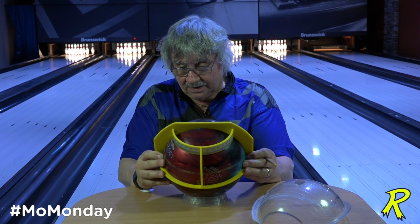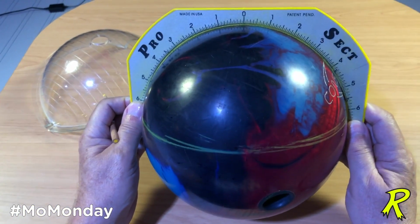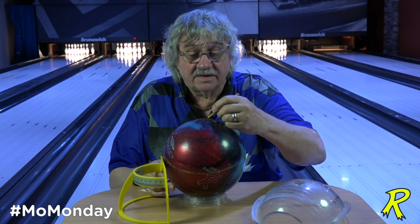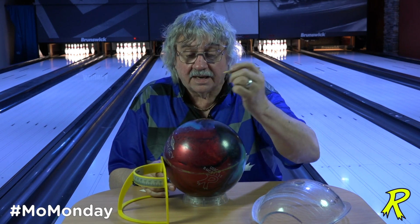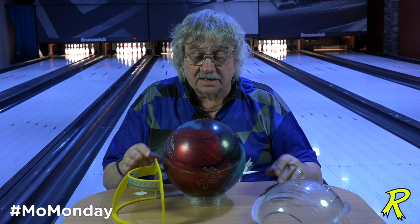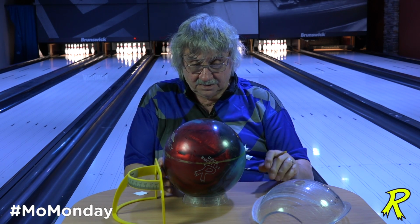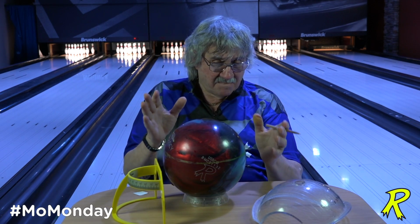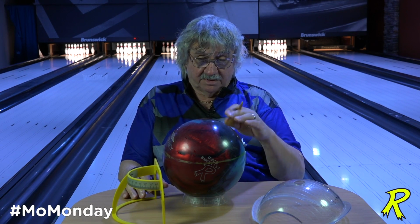on his track and measure the distance across his track. So we measured the distance across. It is 11 3/4 inches. Okay? And there's an axis tilt chart that you will see that says 11 3/4 inches is 12 degrees of tilt. So he is a medium high track player, but definitely within the range that gives him the versatility we're